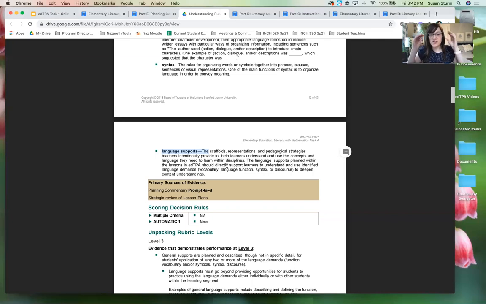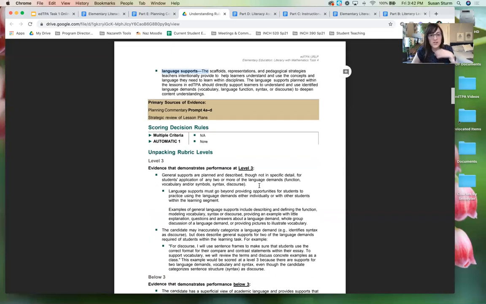These are different. This is specifically how are you helping your students to learn and practice the language associated with whatever you're teaching them. When do they get an opportunity to talk to each other and to try out the new language? And then how are you supporting them as they do that? Okay, so